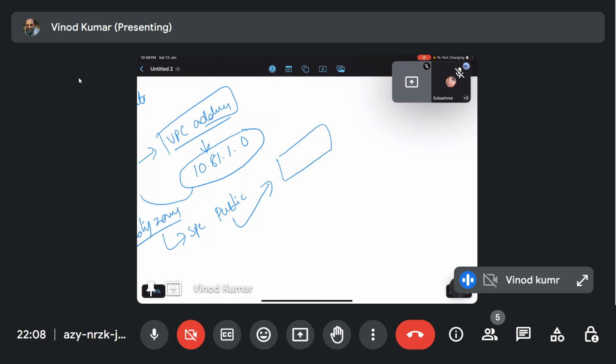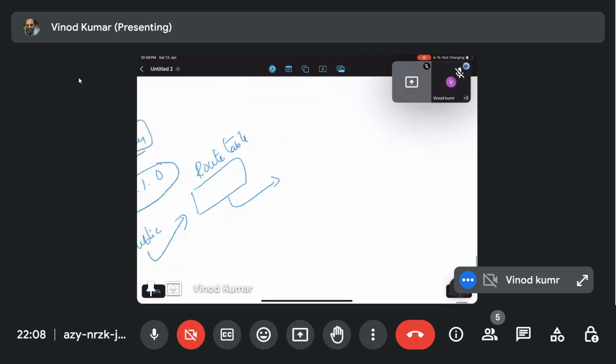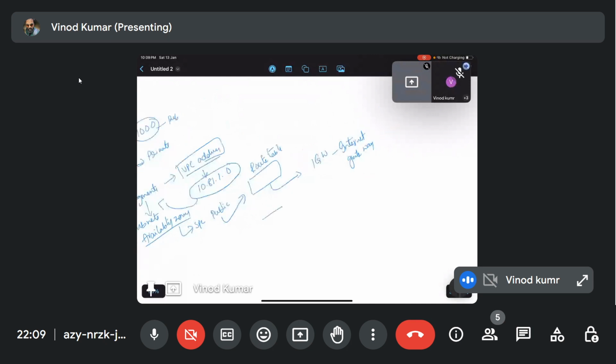For that, I will add a route table and point that route table to the IGW, which we call an internet gateway. So the same application has public and private parts, and only the specific private network we are making publicly accessible.